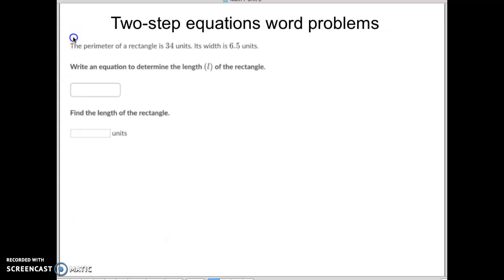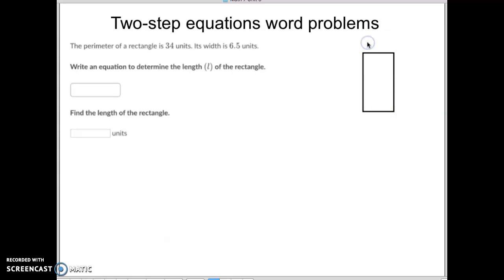All right, the perimeter of a rectangle is 34 units. So I want you to just think about what a rectangle is, guys. So let me just draw a little rectangle. Here's a rectangle, right? So if the perimeter, which means the distance all the way around, is 34 units, and